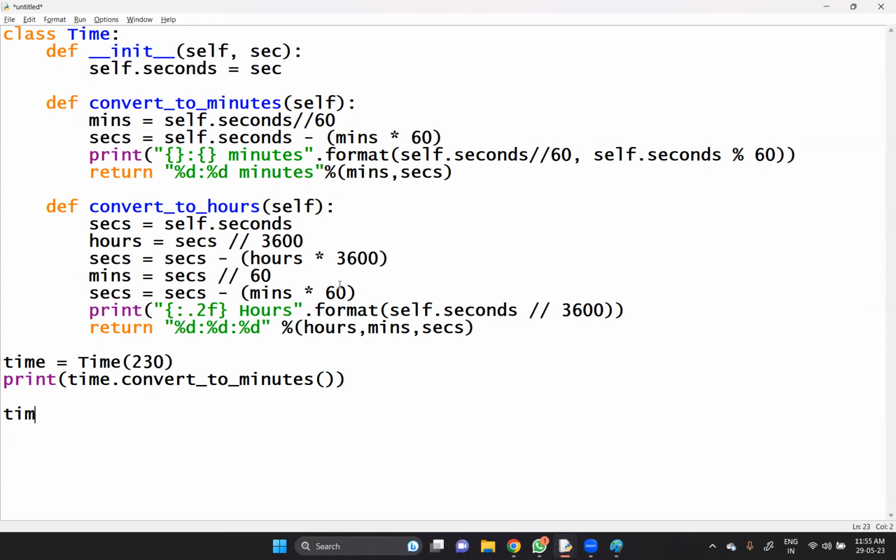Second one, you'd like to take a huge amount of time, so that will be Time of, let me say, 4,520 seconds, for example. Now at this point, we'd like to take hours into consideration also, because for 230